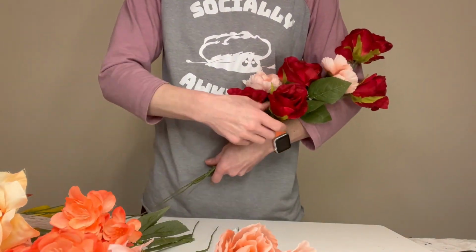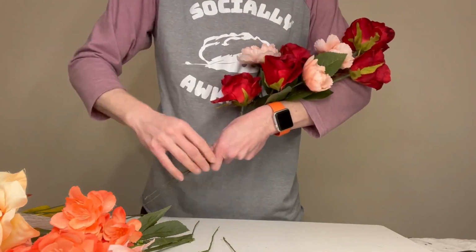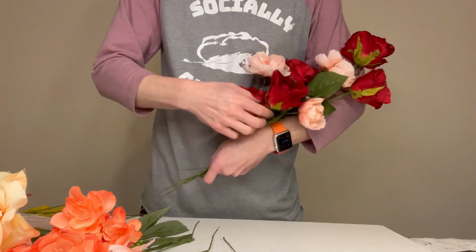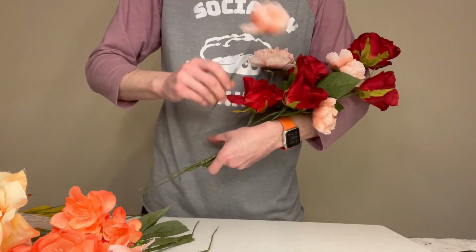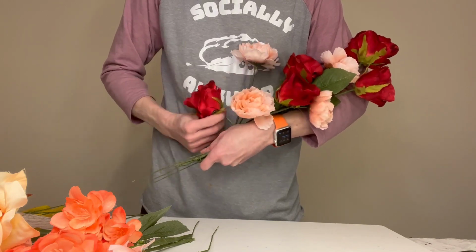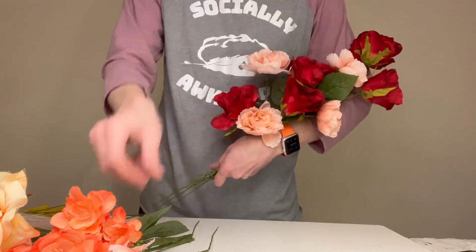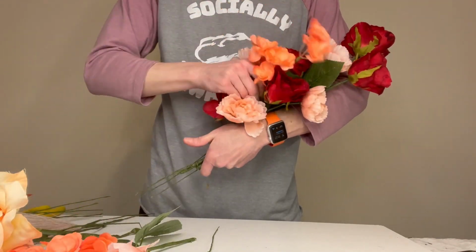And I'll start with the red roses, just kind of making a foundation for everything. I want the red roses to be the background. They're such a dark shade that they will get lost if I try to put them above the brighter colored flowers. So I'll just let them play their role in the back there, just giving it that touch of color